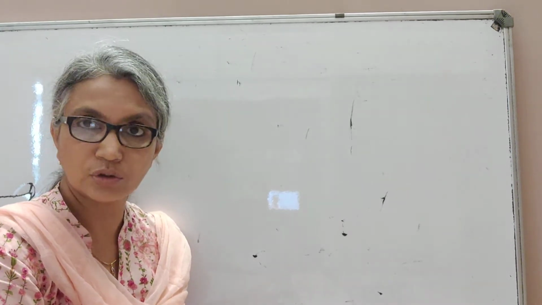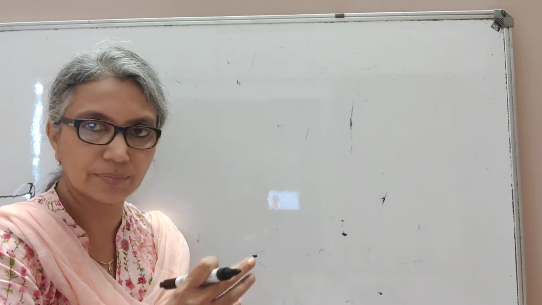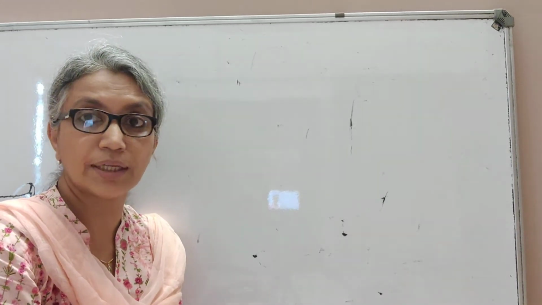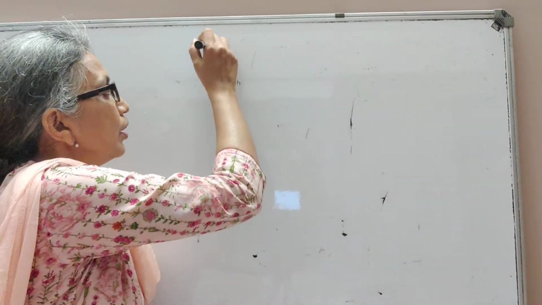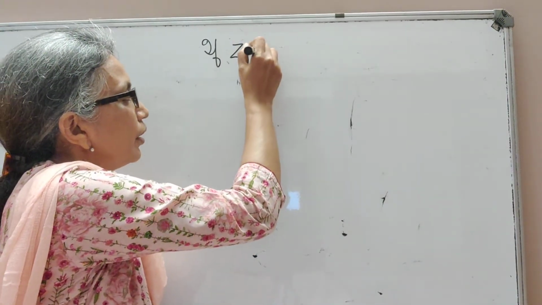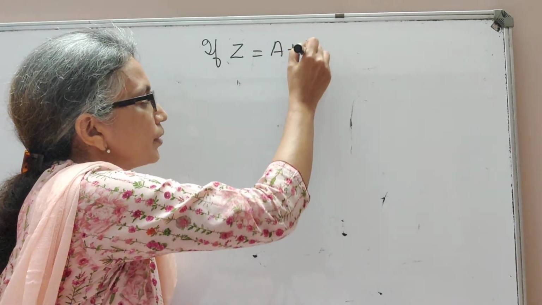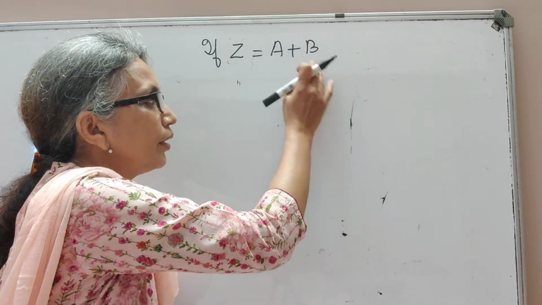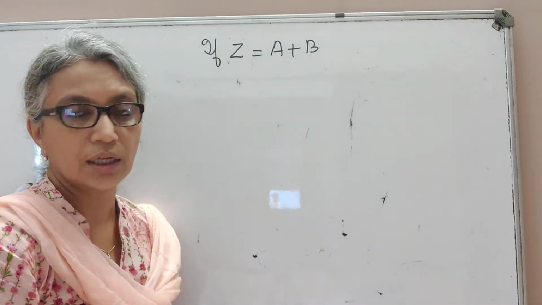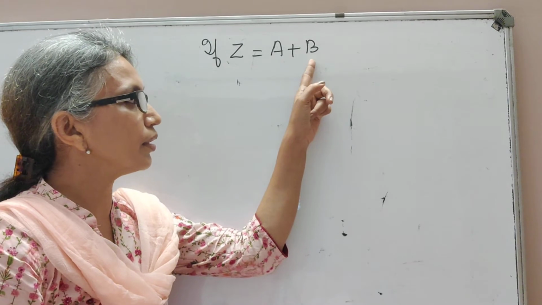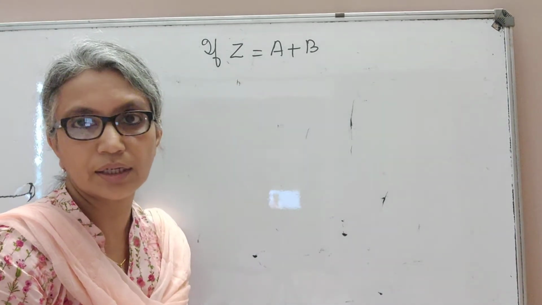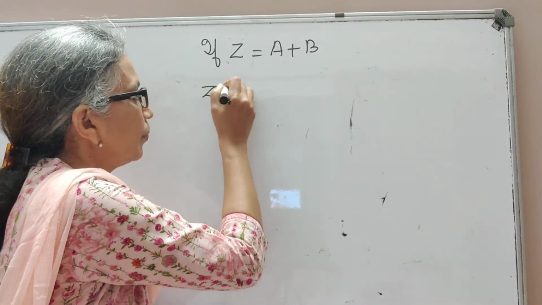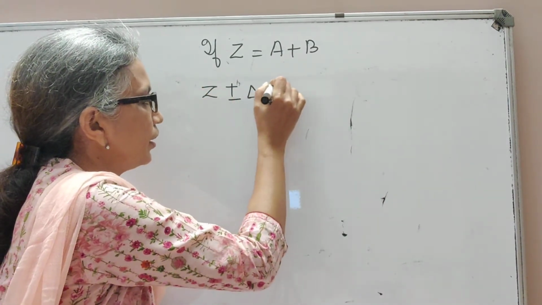Now suppose you're adding two quantities. You found out some measurement A, some measurement B, and you're asked to add up the two. Let's see what will be the error in the final result. So if the final answer is A plus B, that means you have measured A, you have measured B, and you're going to add it to give the final result Z. So if there is an error here and there is an error in this reading, surely there is going to be an error in Z. Now, Z plus or minus delta Z.